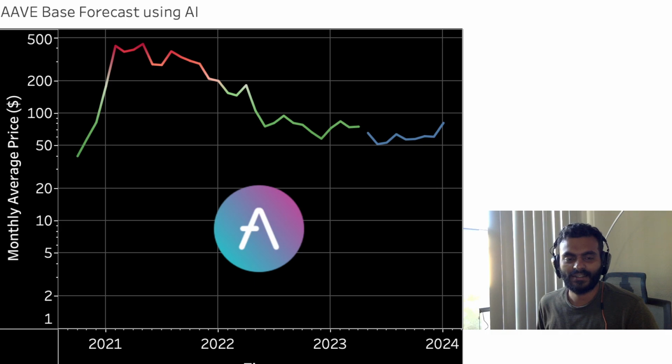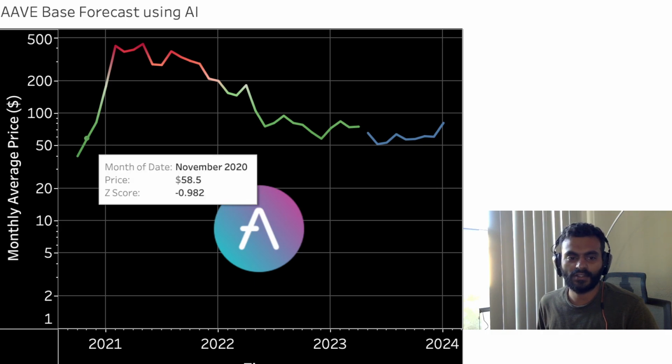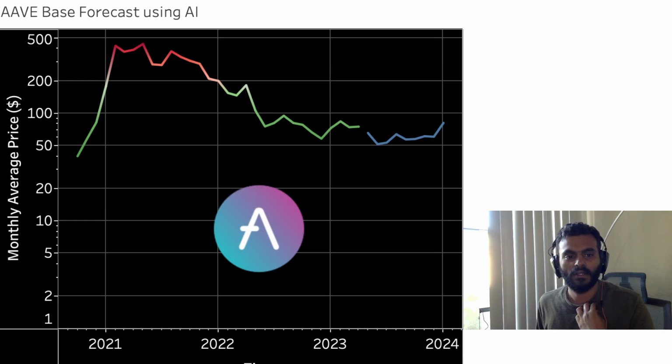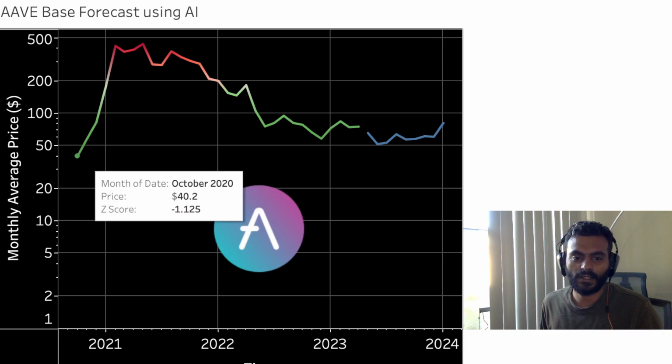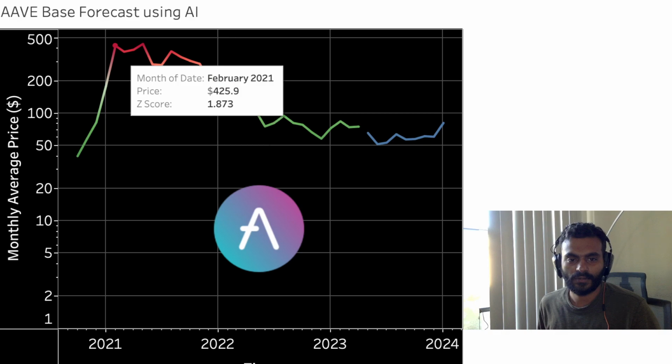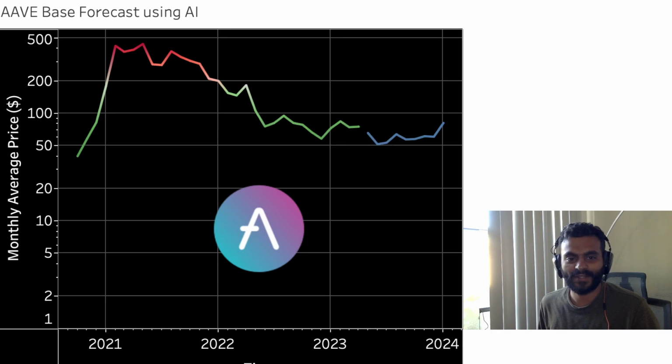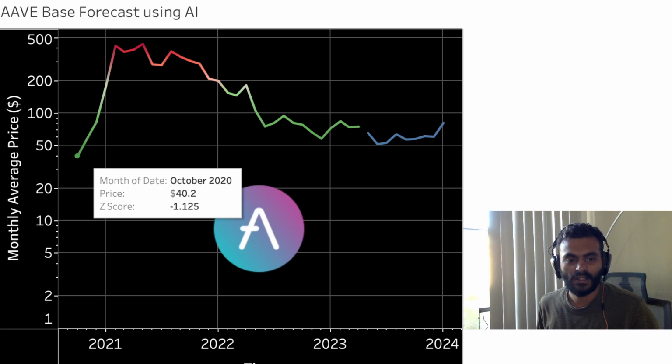So let's get started. On the screen, you can see there is a chart. This is the monthly average price for the AAVE token since October of 2020. And for this, the color code goes from deep green to white to red and back from red to green. And the trajectory for this color code is determined by the z-score that you're seeing on this screen right now, and this is calculated